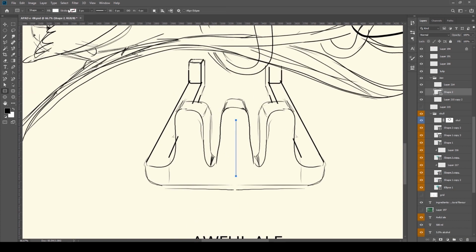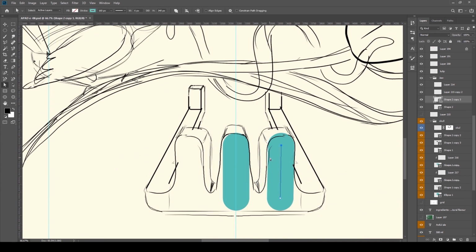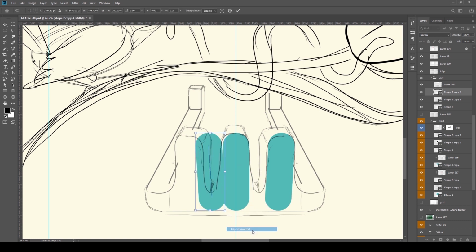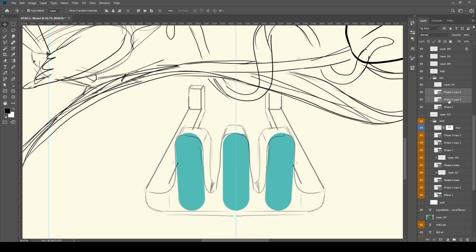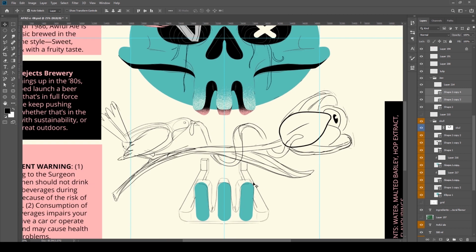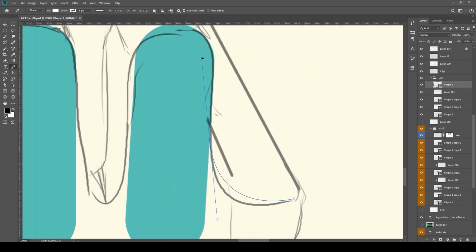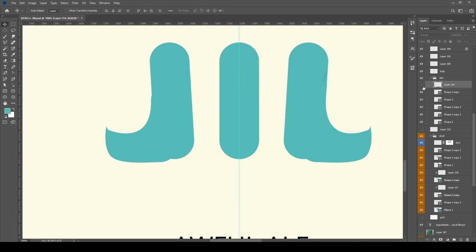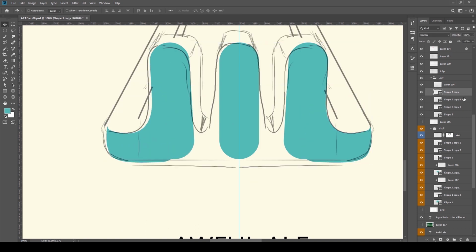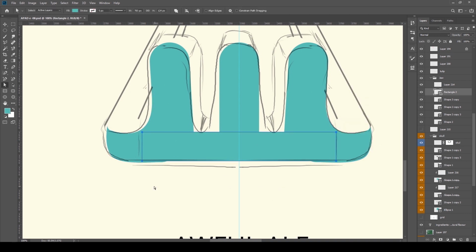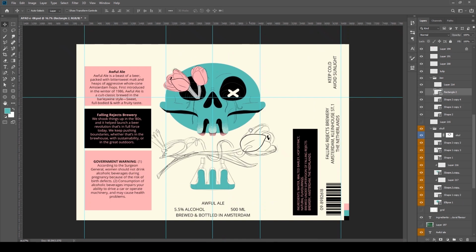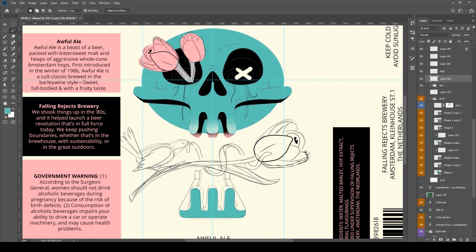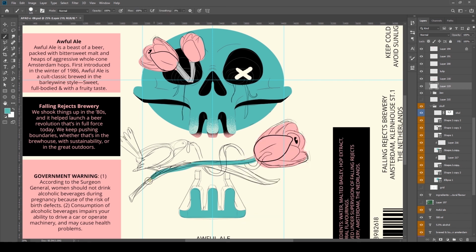But since this is just for fun, just a quick and dirty type of project, and I don't really care about the end result, I just want to have fun and learn something new on the way. So for me, experimenting is important. I want to make mistakes, and I want to come up with new things that will surprise me as I work on the illustration. So yeah, most of the time when I start working on something like this, I'll try to